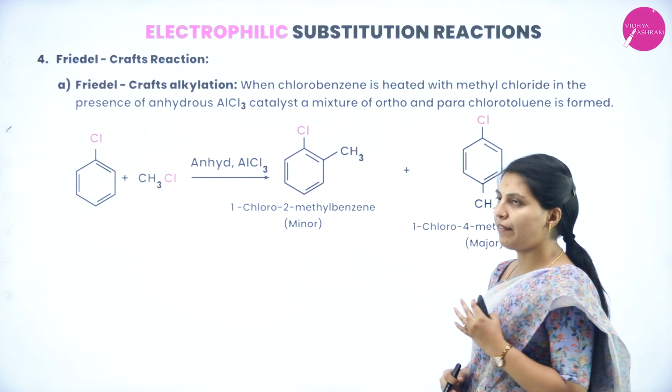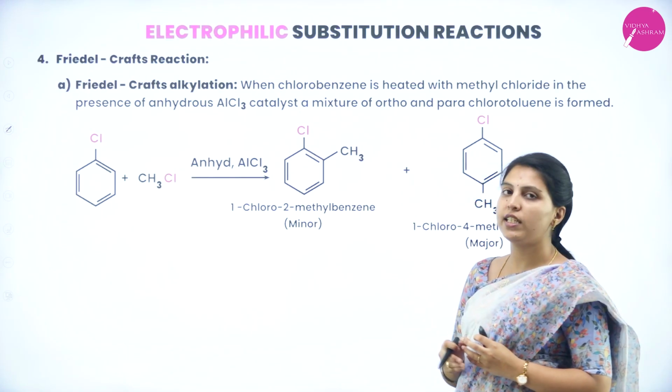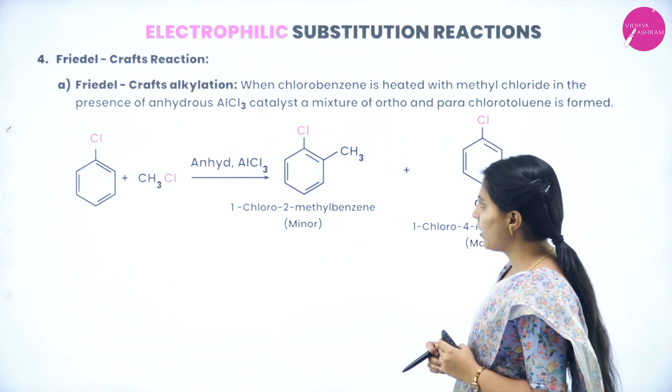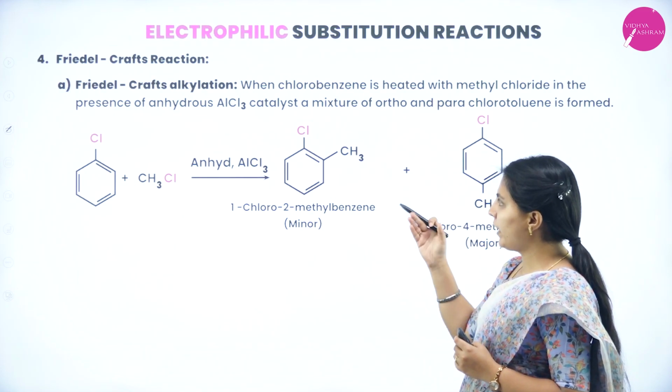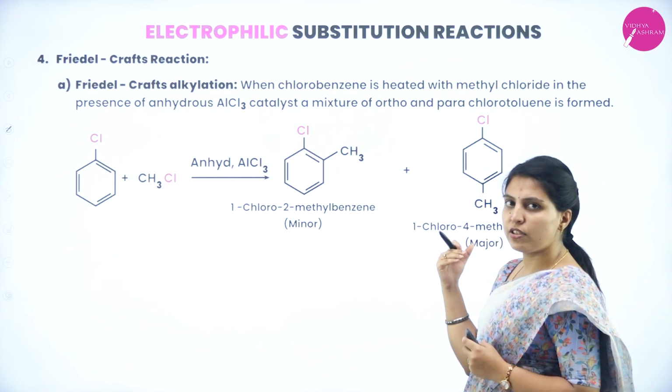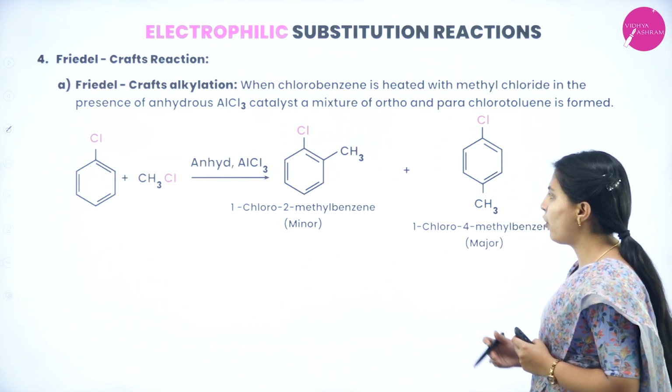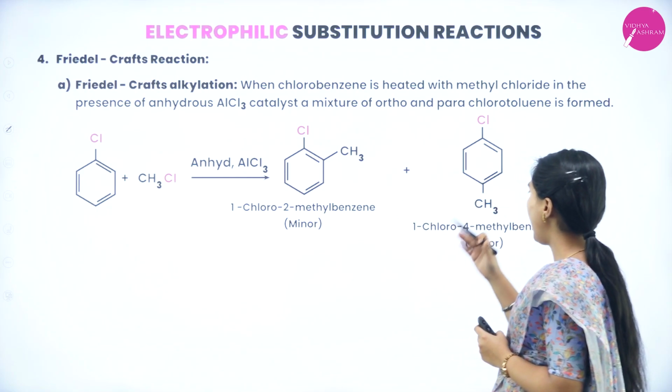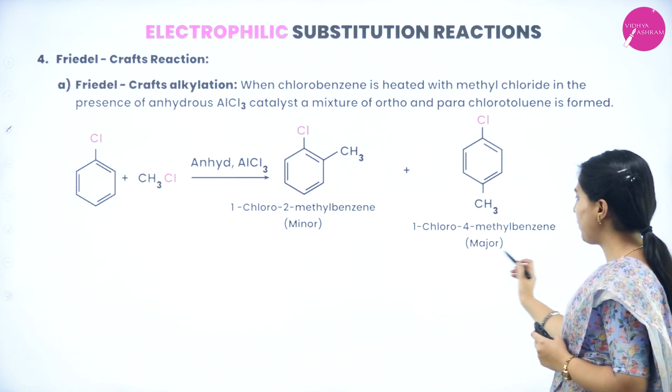Next one, Friedel-Crafts reaction. Here the reagent is anhydrous aluminum chloride. Same chlorobenzene reacting with methyl chloride, in the presence of anhydrous aluminum chloride, it will form 1-chloro-2-methylbenzene and 1-chloro-4-methylbenzene, but the major product is